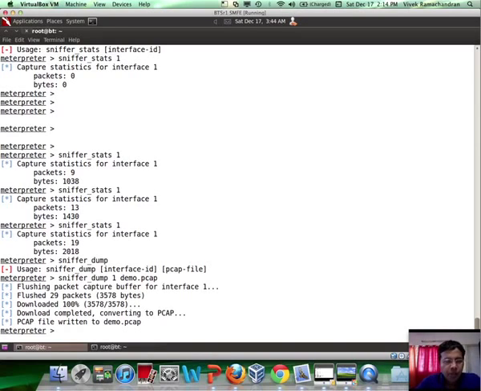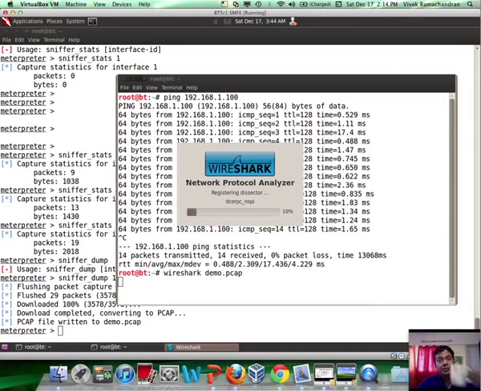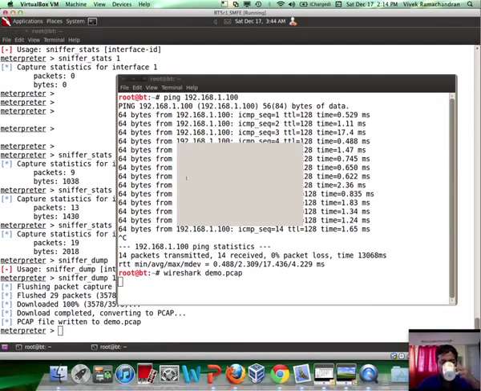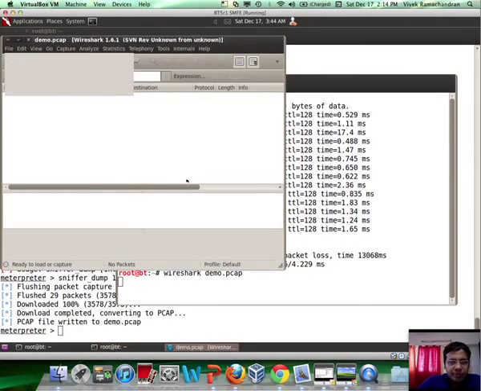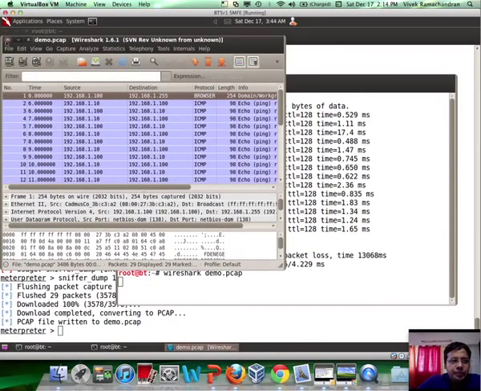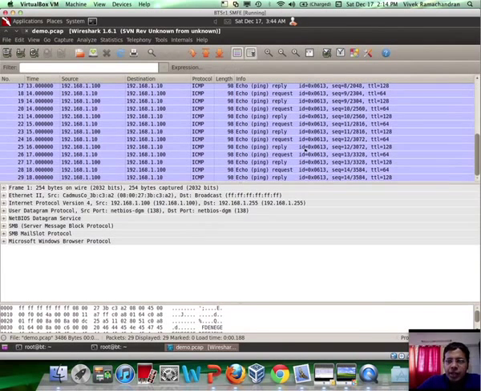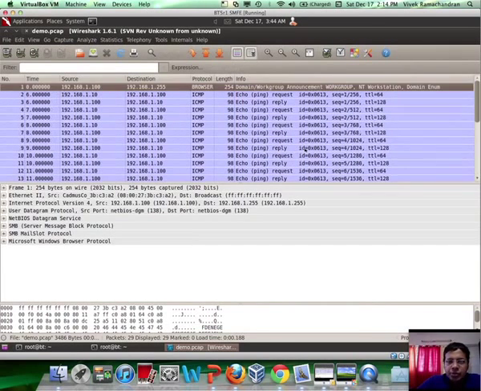What you could try doing is opening this pcap file in Wireshark to look at the packets. And there you go. As expected, we see the ICMP ping requests and responses,